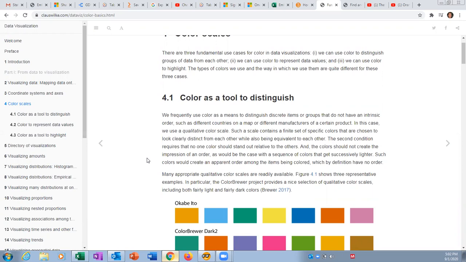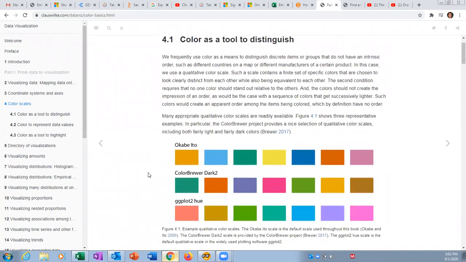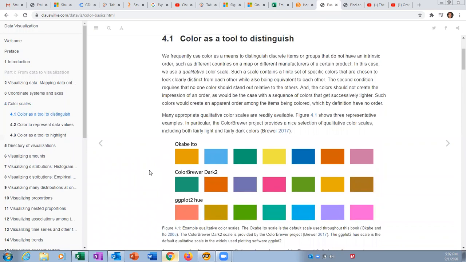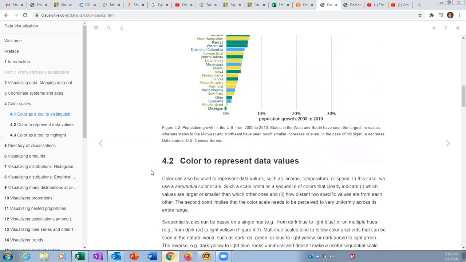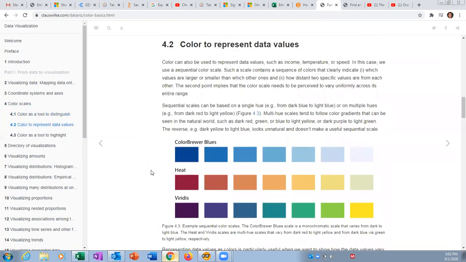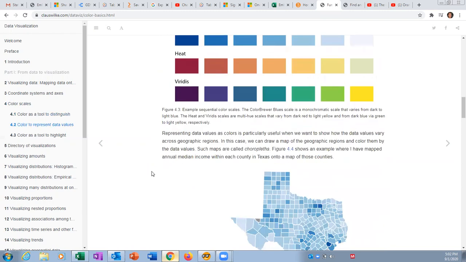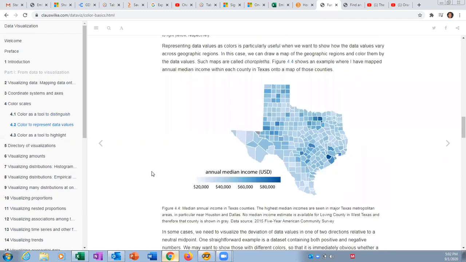Here in this chapter, it was kind of neat to hear him talk about the way he uses color to distinguish different types of data, to represent values, and to highlight things. And he goes over each one of those pretty extensively. He talks about a qualitative color scale here, and just how to separate different values and how to represent values through colors in different lights and different densities of color, as you can see on the chart here for annual